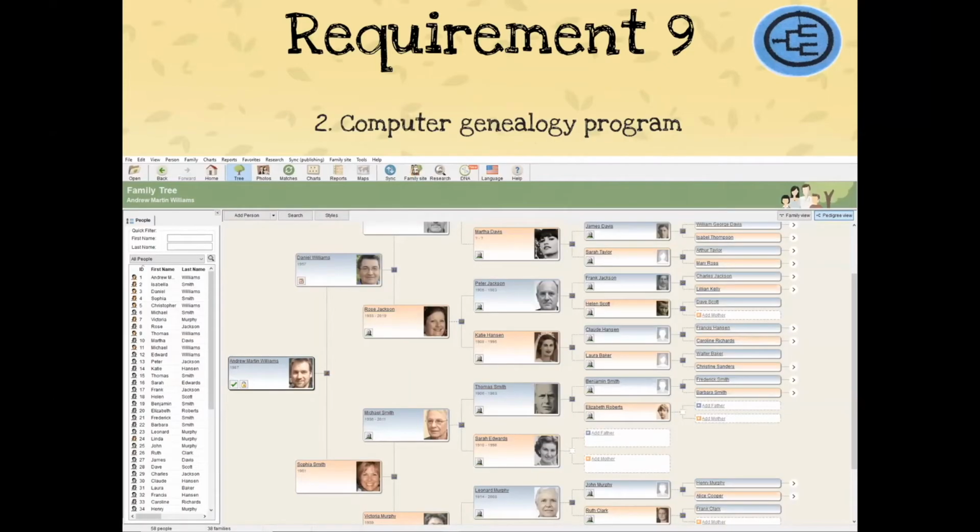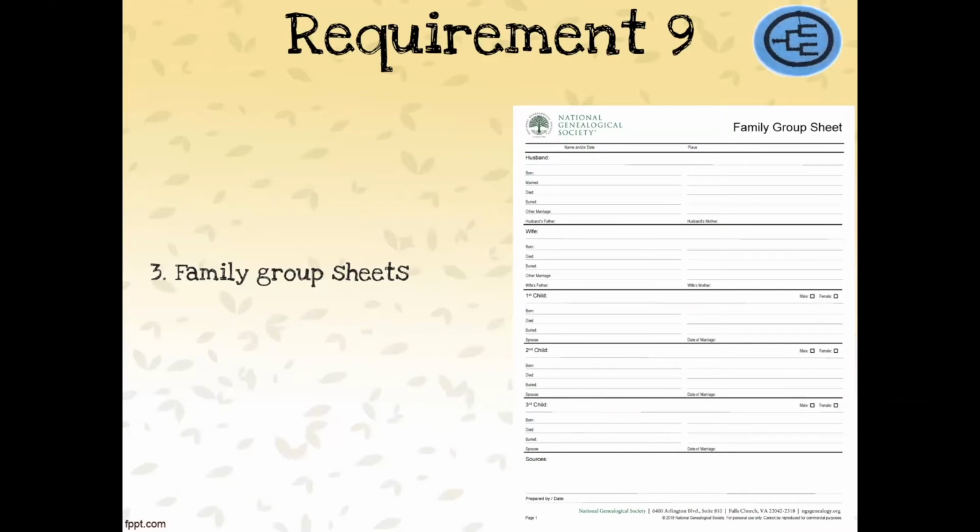Another idea is to use a computer genealogy program. You can find these on the internet. You can buy them. You can use them, and they're also another source of saving all your information and helping you to trace your tree and helping you to store the information in your tree. You can use family group sheets where the information is written out in a sheet form. The husband's details, the wife's details, the child's details, and then you would get different pages for the grandparents, for the aunts and uncles, and you can record it this way.